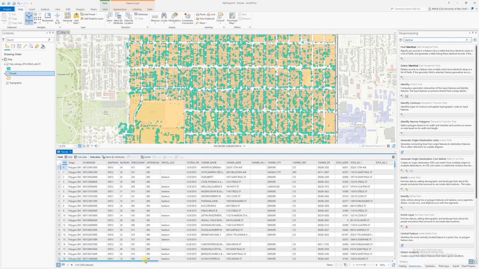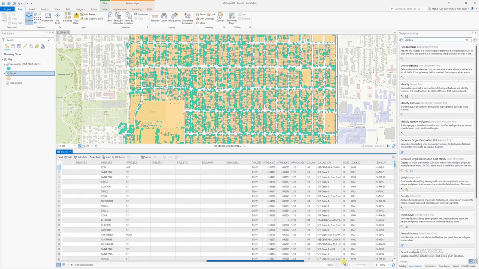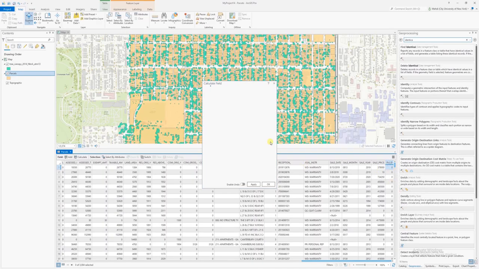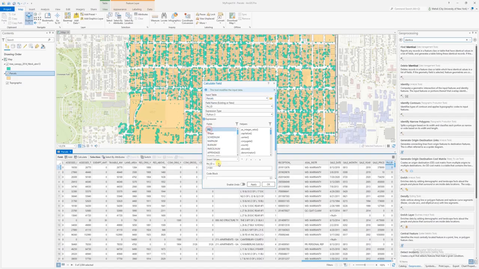Now we need to calculate some ID in them. The best ID we can get is from this FID, but FID itself is not a reliable field, but we can calculate FID into this PCL, basically stabilizing it, and that way we will have a unique ID for our